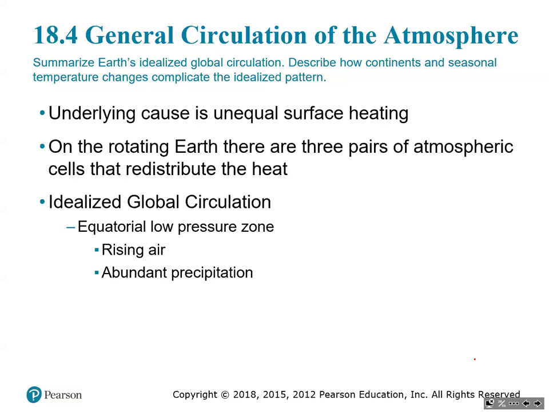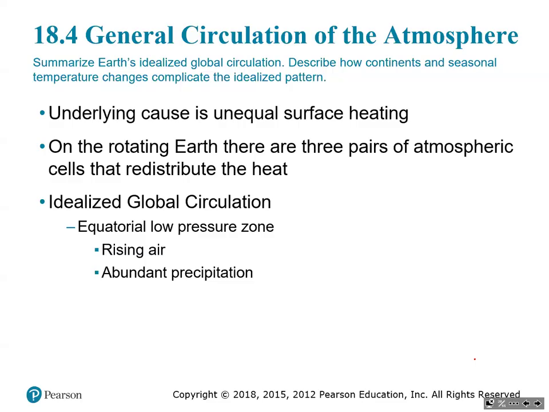So there are large-scale general circulation patterns for the whole atmosphere of the Earth. And the underlying cause of this is unequal surface heating. Basically, the equator is warmer than the poles because the equator gets more direct sunlight than the poles. But because the Earth is spinning, instead of just getting one big cell, with rising air at the equator and sinking air at the poles, covering the Earth,